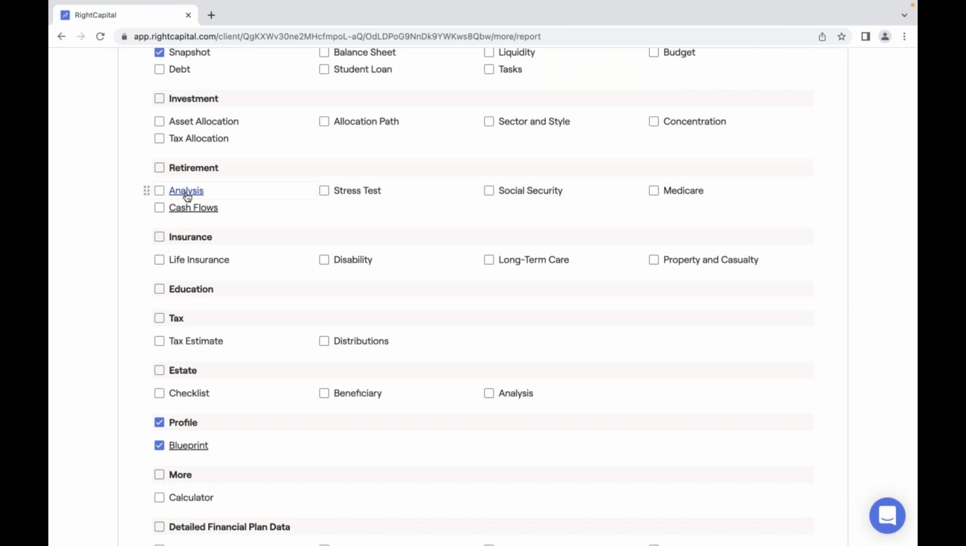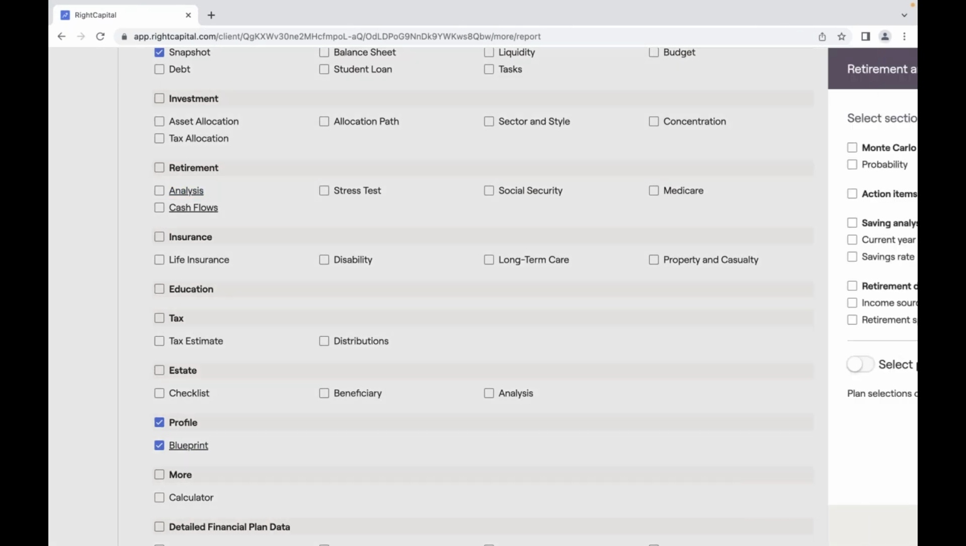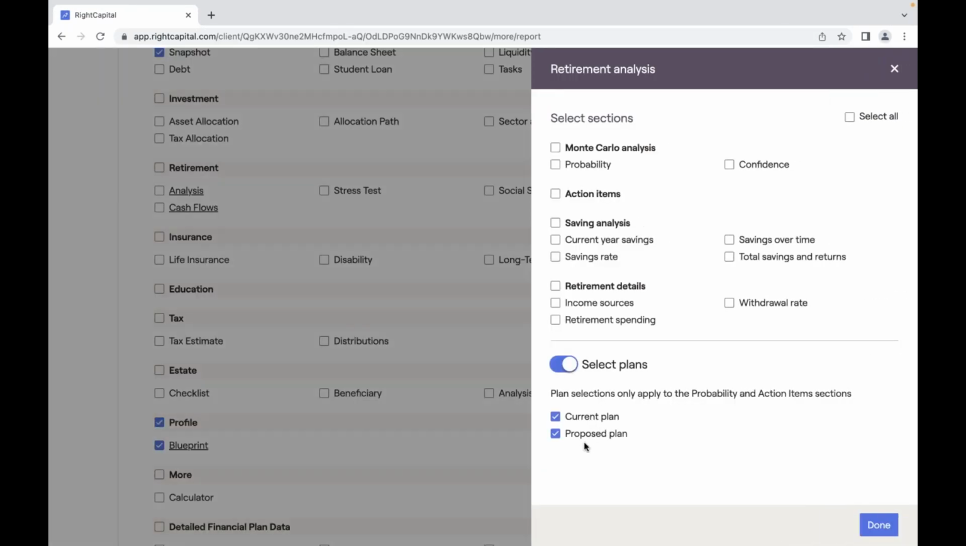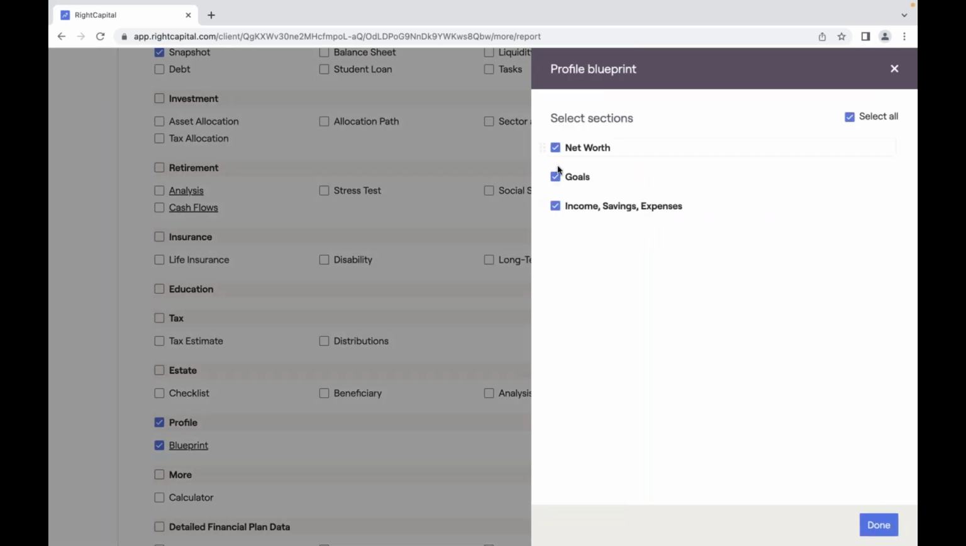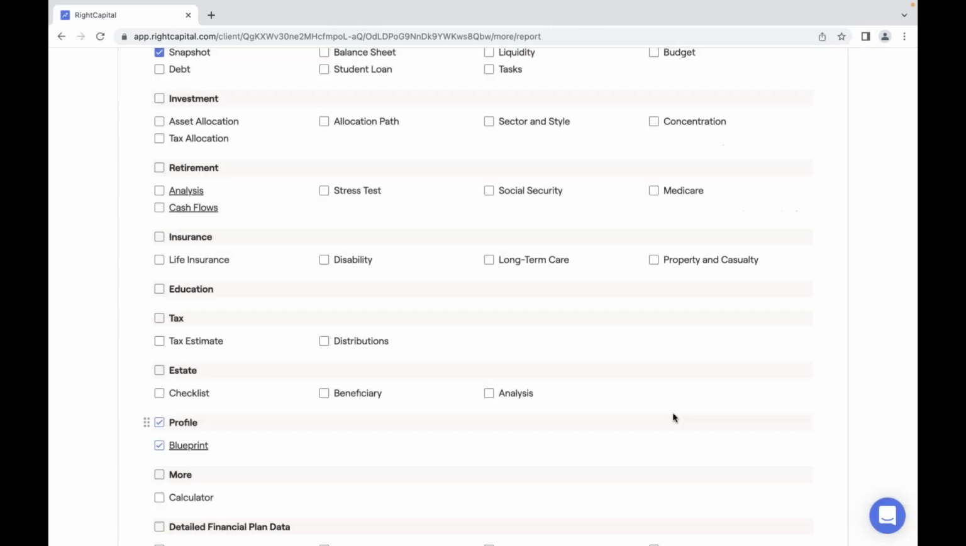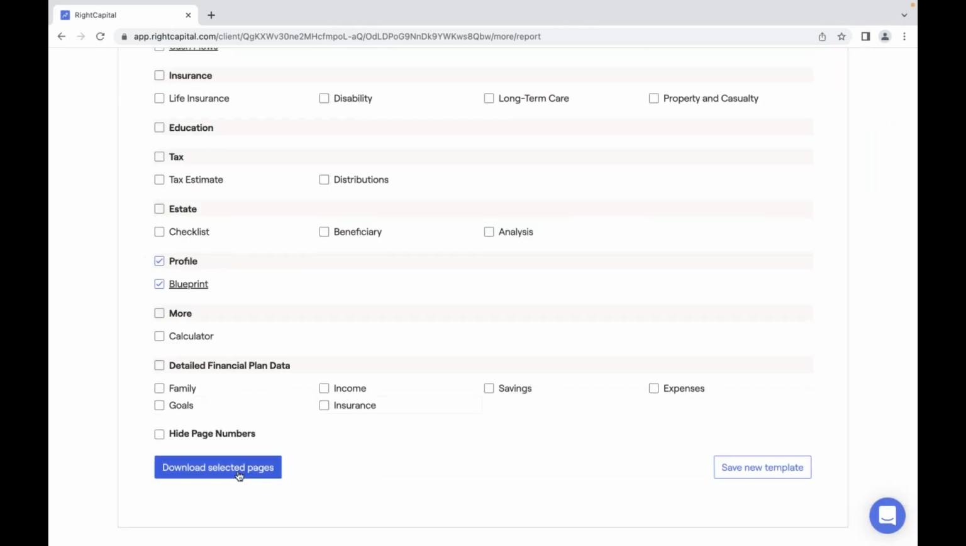So we had that recent update to retirement analysis, for example, where you can select more than just 2 plans. You can select 3, 4, 5 plans if you want to, but you can also click into the blueprint module to just target things like maybe the net worth and goals, and maybe leave off the income, savings, and expenses if needed. So as I generate that quick output here, what I'm able to do is see that report generate